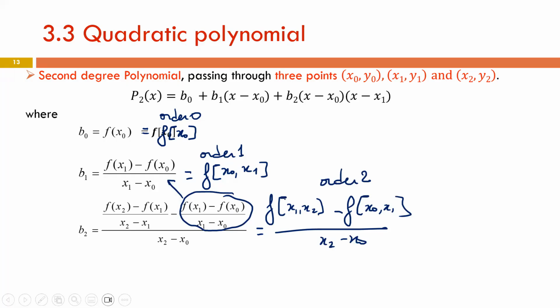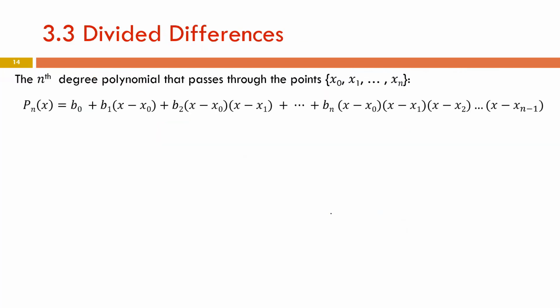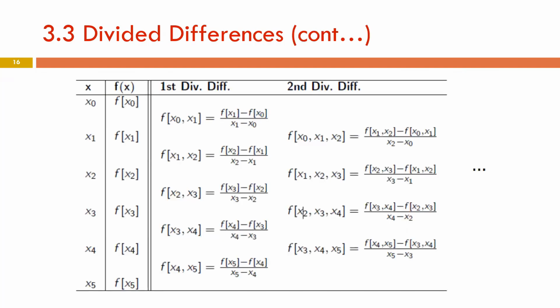So you will see that the implementation is very easy here. Okay, so f[x0, x1, x2], we have 3 points involved. So this is order 0, 1 point involved; order 1, 2 points involved; order 2, 3 points involved. But to find the order 2, we need all the divided differences of order 1. Not only this one, but this one and this one. Okay, so in practice, these are the divided differences.